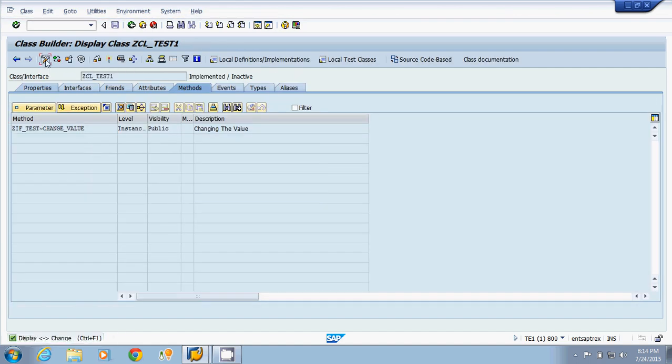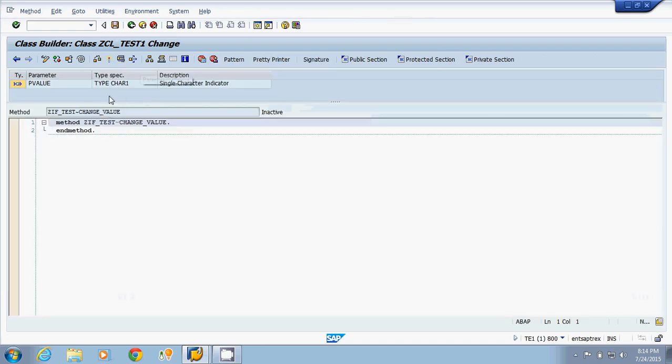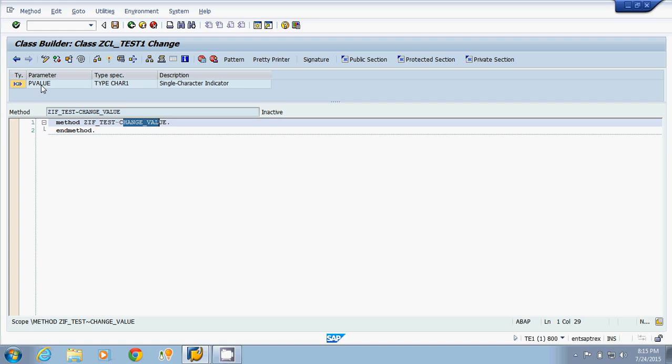Now this is my class. Now I will write the logic inside the class. See, this is our class, and our interface method CHANGE_VALUE and our parameter P_VALUE are automatically appearing here. Our interface things, meaning the interface method and interface parameter, are now appearing here.